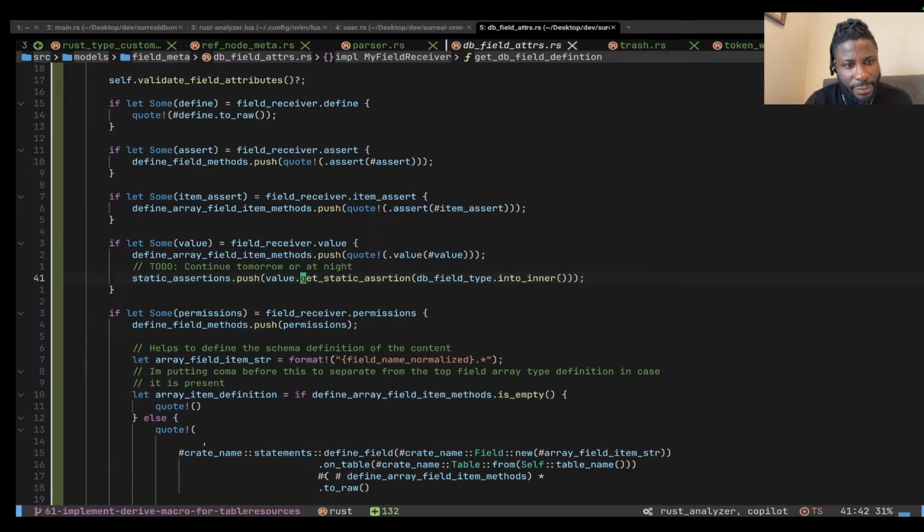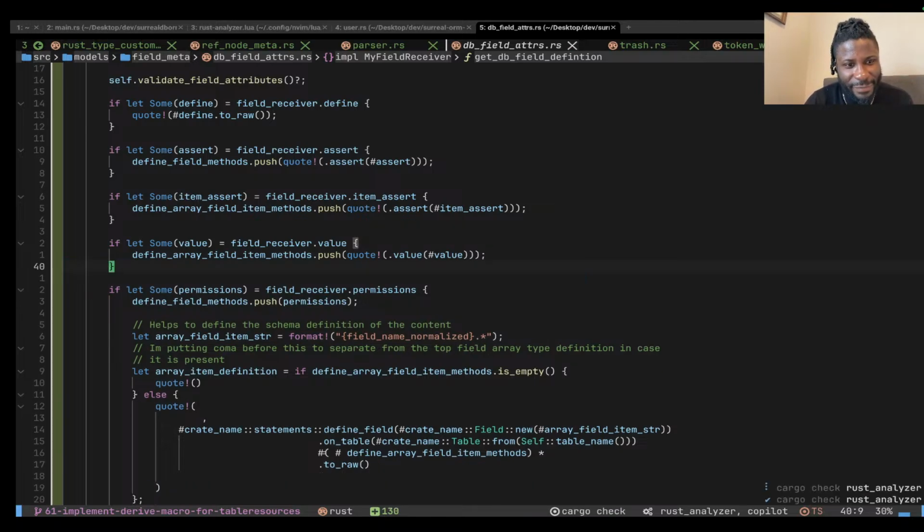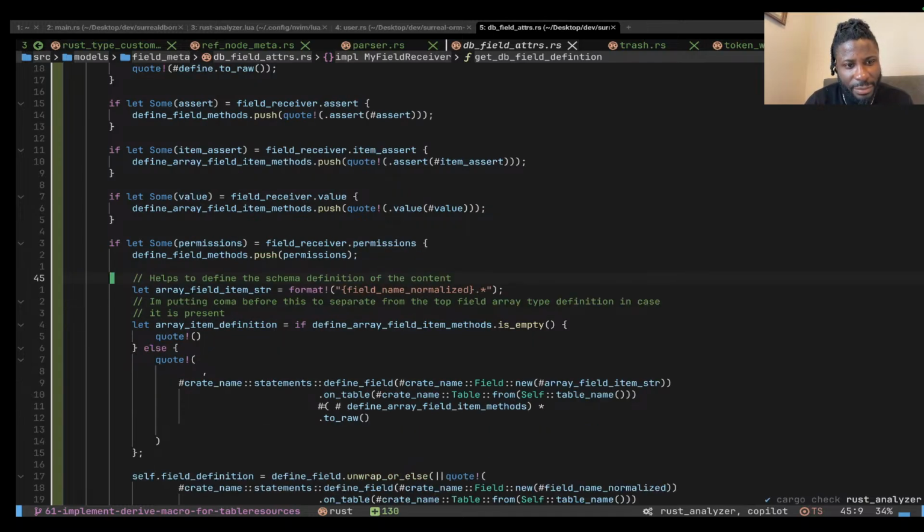I guess that's okay. That was what I did here. I guess we can take that off. Let this function just focus on getting the helpers to define the field. I'm putting a comma here before to separate from the top field array type definition, in case it is present. Okay,